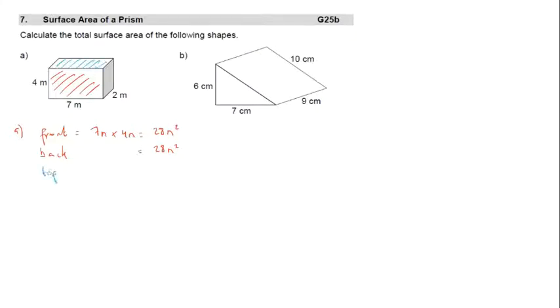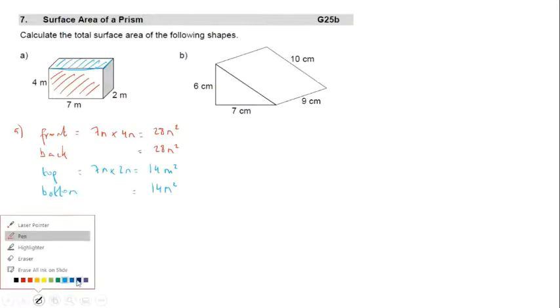Can we see that the top's also a rectangle, and it's 7 long and 2 wide, so 7 meters times 2 meters, that's 14 meters squared, and the bottom, again, is obviously going to be the same as the top because it's a cuboid,